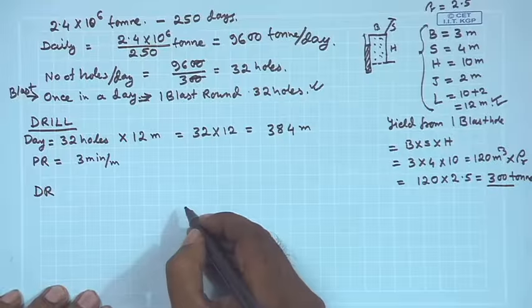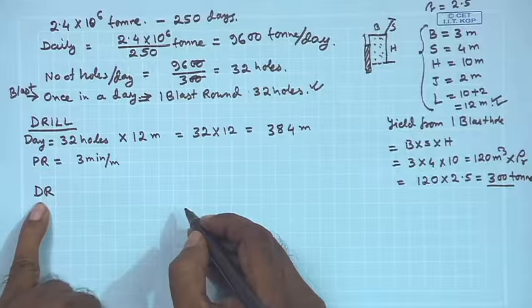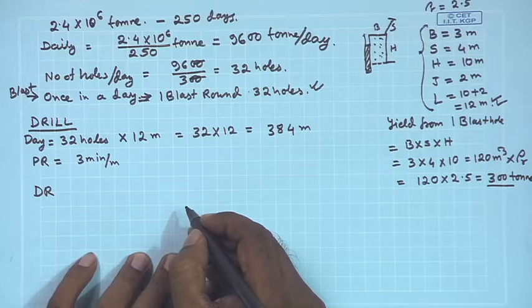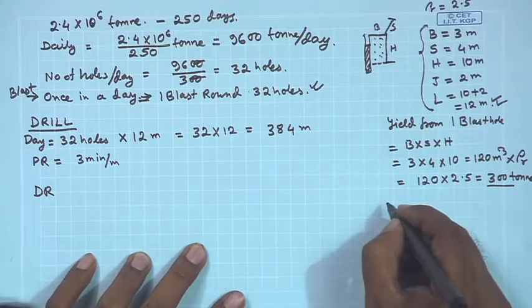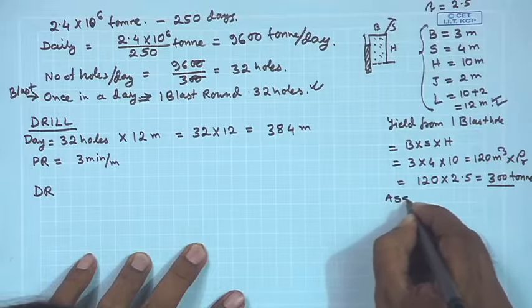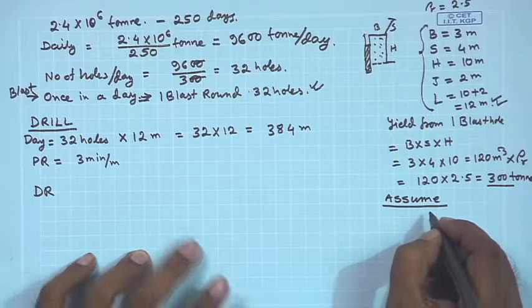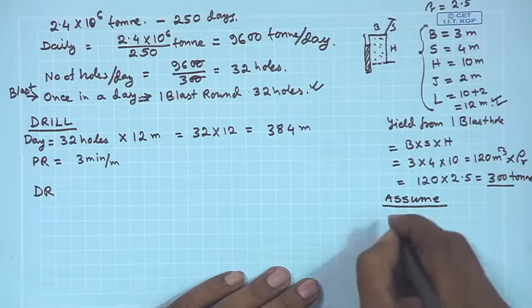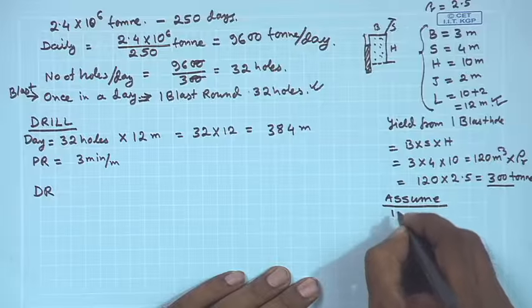For calculating this drill rate, we need to know the different delay times. Let us assume those are not given here. So, we need to assume some delay time pertaining to the drilling,